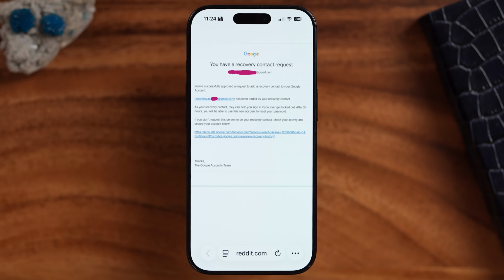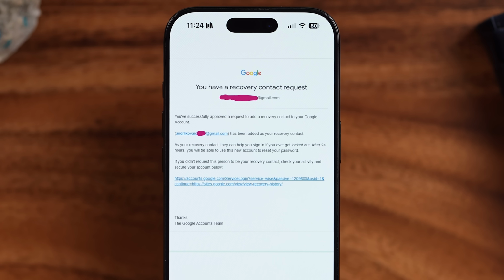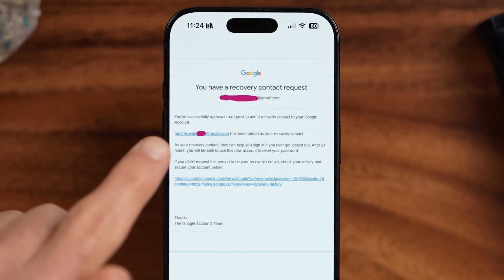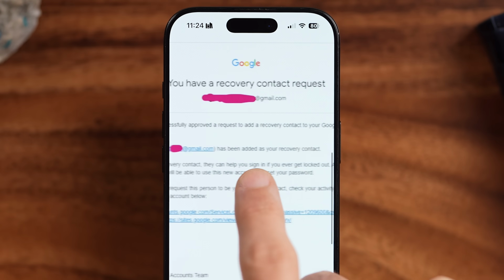What they're using is the recovery contact. Keep in mind, anybody can be on Google or Gmail and they can initiate a recovery contact request. Somebody can do that for your Gmail account. However, this is not approved unless you go into your Gmail and say, okay, yes, I approve that person to have a recovery. However, what you'll see is it says you've successfully approved a request to add a recovery contact